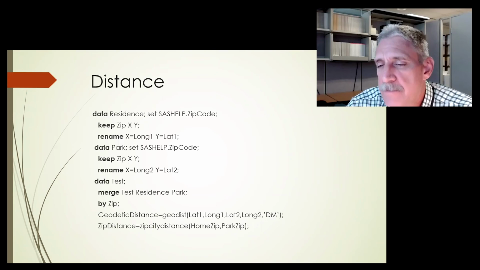The Great Circle formula can be done. There's variations on it, many of them. Look it up on the web. My paper has one variation of it that will let you calculate it. It's accurate to within 0.5%, and that's because the Earth is not a perfect sphere. It is a slightly flattened one. The geodetic difference will correct for that, but the older Great Circle formula does not. For most purposes, it's good enough. You just need to know how accurate you need the distance between them to be.